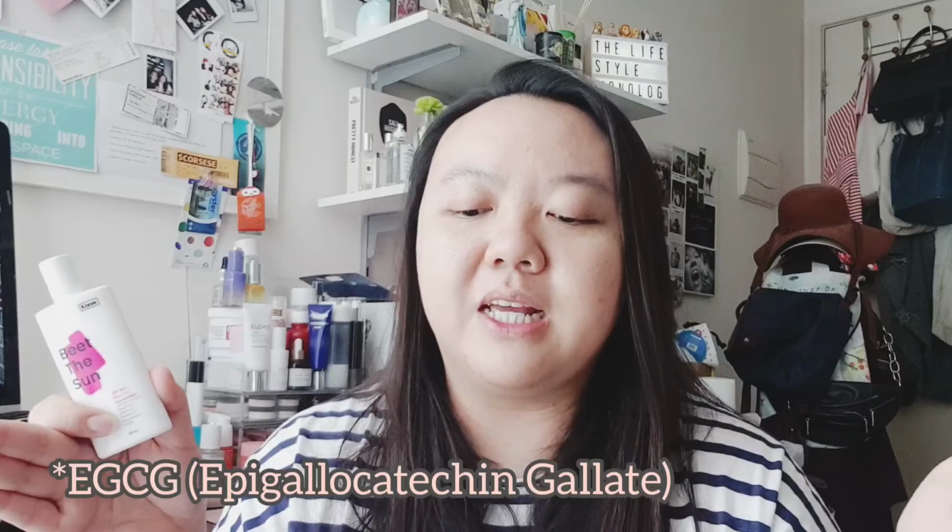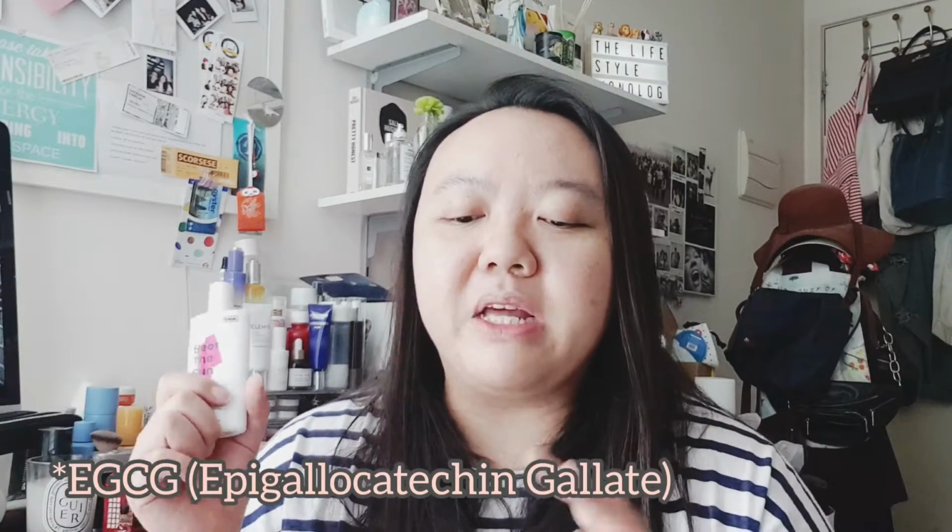The second ingredient is allantoin, which helps to soothe the skin and reduce any irritation, so it's really good for anyone that has more sensitive and inflamed skin. It has vitamin C as well, along with resveratrol. It also has EGCG, which I cannot pronounce, but I will write it down somewhere here. The vitamin C, resveratrol, and EGCG combination is a powerful antioxidant combination that helps to provide